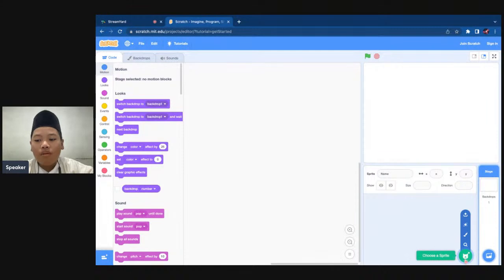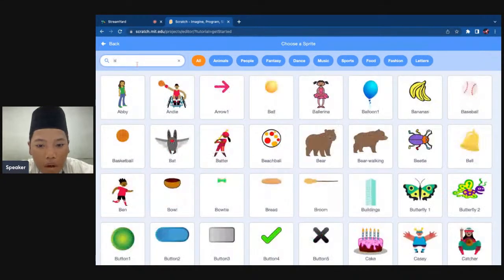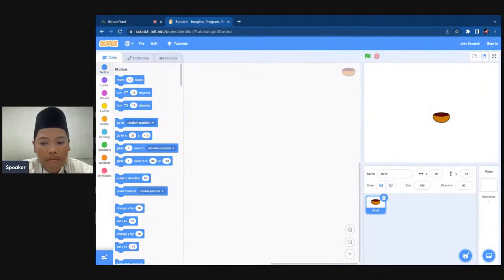Now press this cat with a plus sign button, the choose a sprite button. Click on it and then search ball. Now, after you click ball, as you can see, the sprite is in this area here.